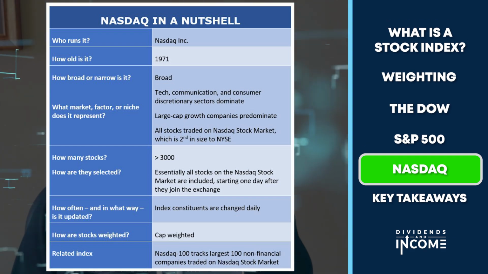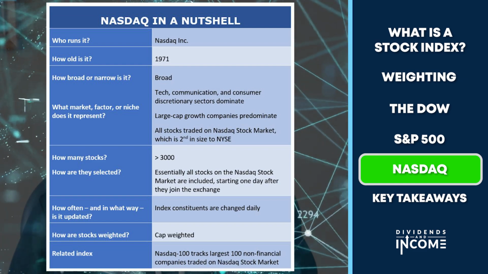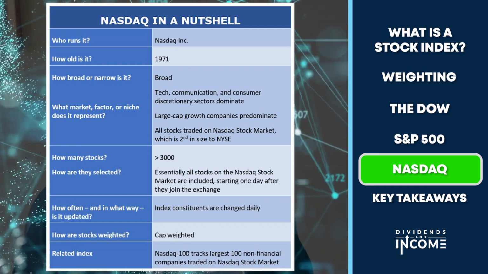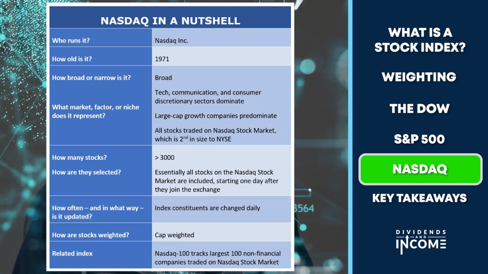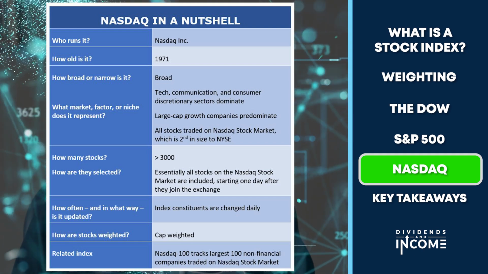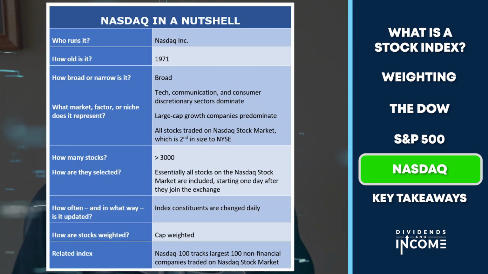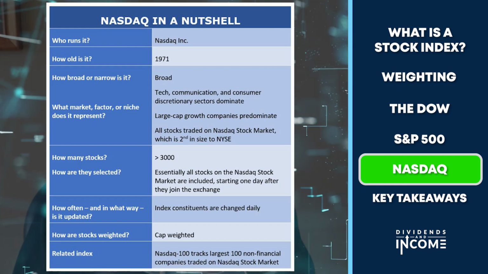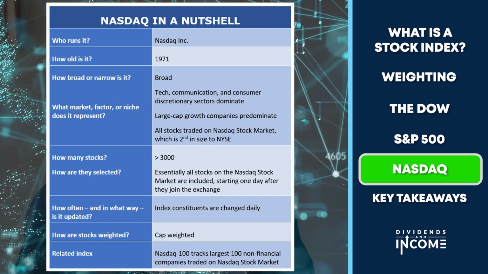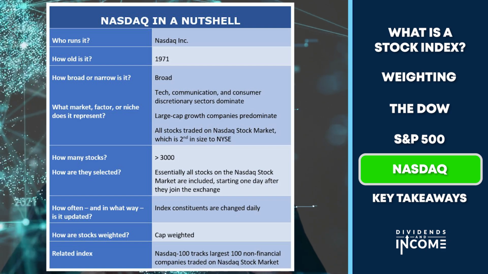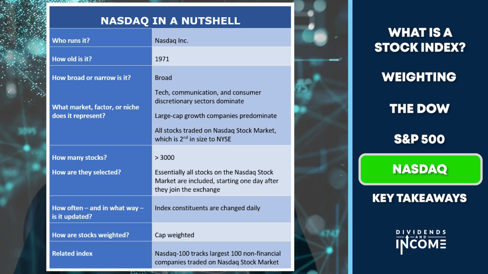The bottom line in this table I want to draw your attention to, it's called related index. There is a related index called the NASDAQ 100, which tracks the largest 100 non-financial companies traded on the NASDAQ stock market, and we will see the importance of that. Some people think of the NASDAQ 100 when they think of NASDAQ, but in fact on that CNBC screenshot, what they were showing you the value of was not the value of the NASDAQ 100, the compact version of NASDAQ. It was the full NASDAQ Composite Index. And that's the way I believe everybody does it.